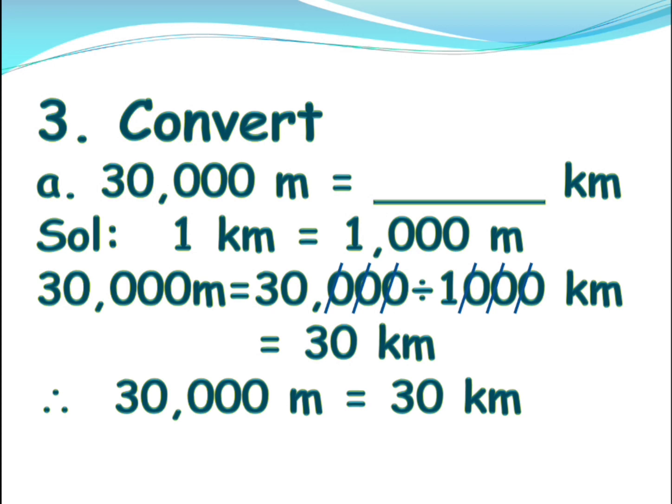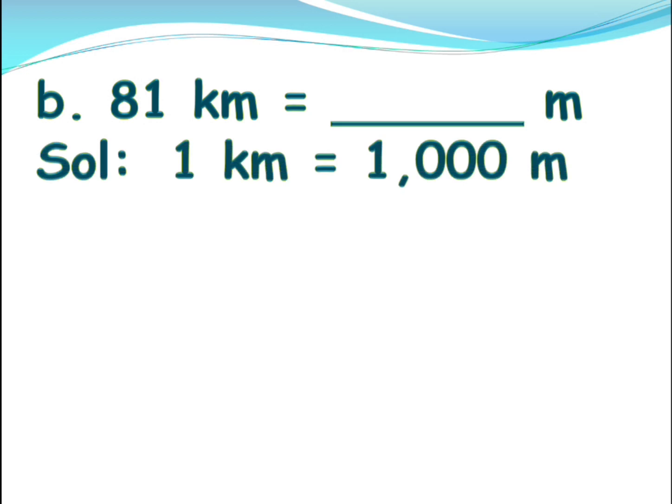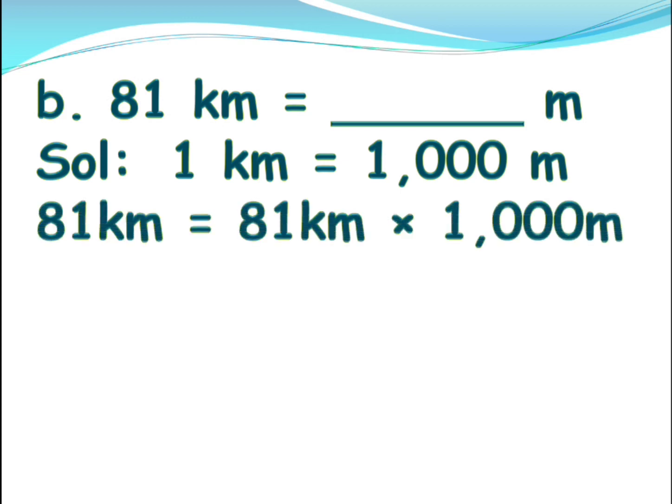Okay, children. So let's see another sum. So here you have to convert kilometers to meters. That is, from bigger unit to smaller unit. Then we have to do the multiplication, isn't it, children? So we already know 1 kilometer is equal to 1,000 meters, isn't it? So now 81 should be multiplied with 1,000. Okay, to make it meters. So 81 into 1,000. So you can write 81 and add 3 zeros at the end. Yes, as we have learned earlier in the multiplication blocks. Yes, so you will write 81,000 meters.